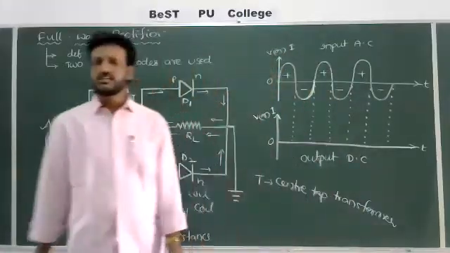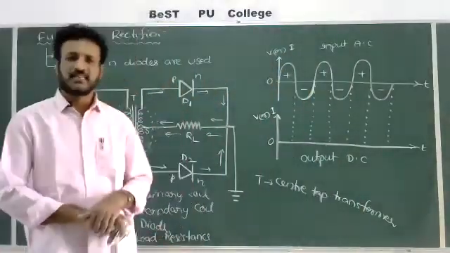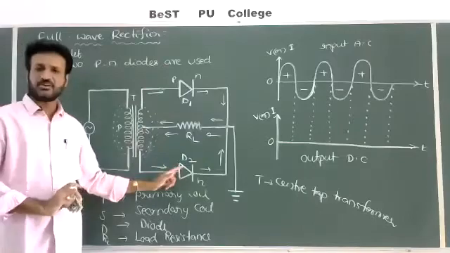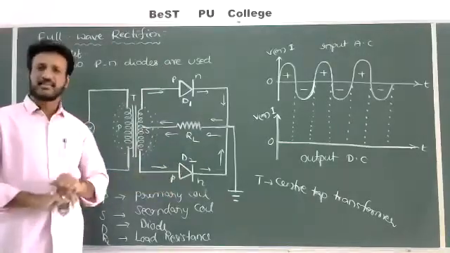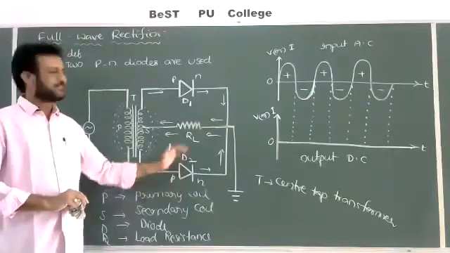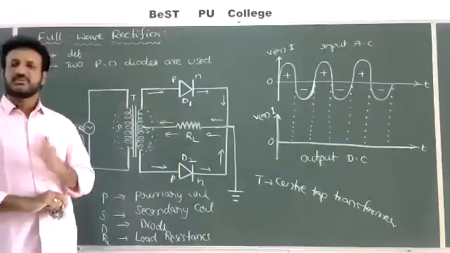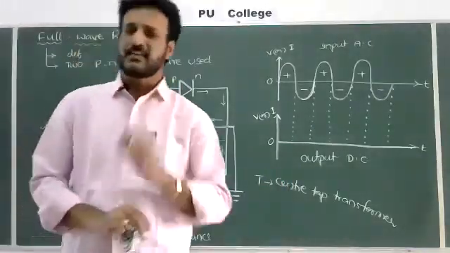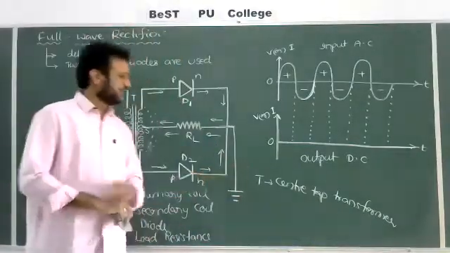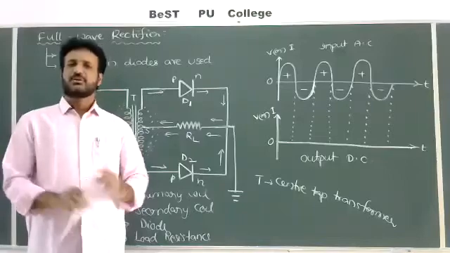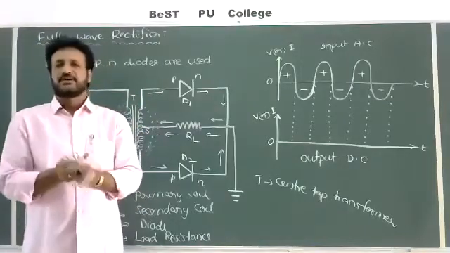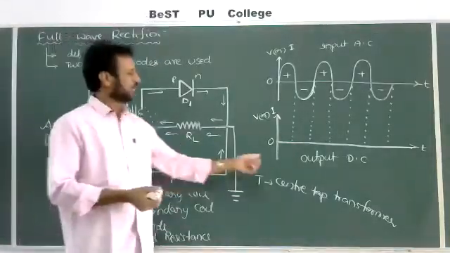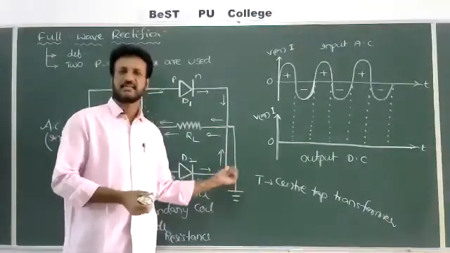Why we have to use this transformer: during the first half of the cycle, if the upper first diode is forward biased, then the second diode has to be reverse biased. During the next half cycle, if the second diode is forward biased, then the first diode should act as reverse biased. This function can be done by the special transformer called a center tap transformer. If you are not using a center tap transformer, we have to use a total of 4 diodes, all connected in the form of a bridge, a Wheatstone bridge or Wheatstone network. So instead of using 4 diodes, we can use only one center tap transformer. That is the purpose of the center tap transformer.